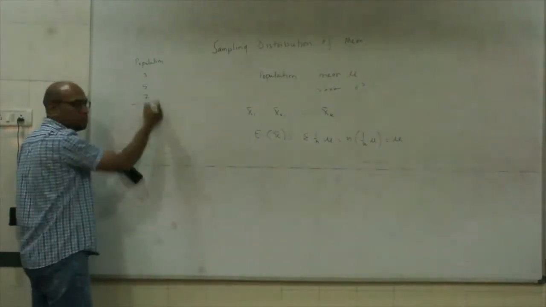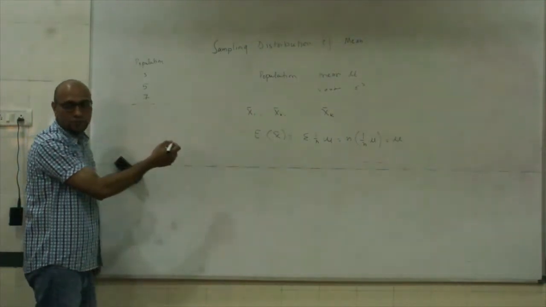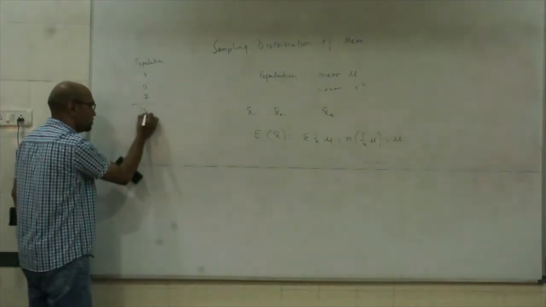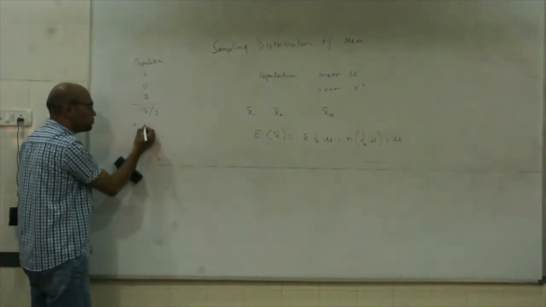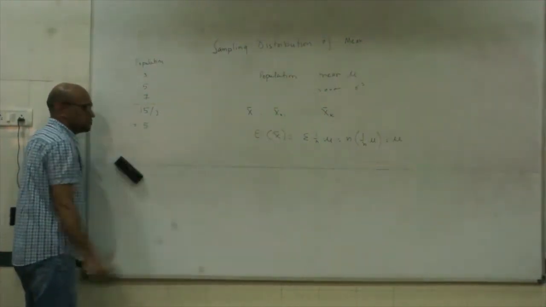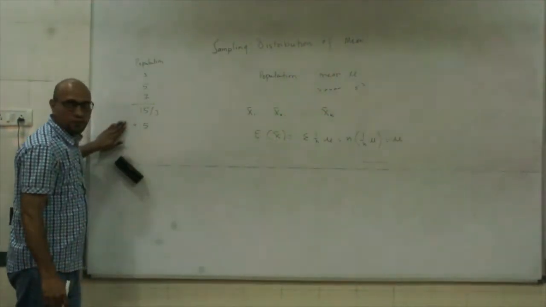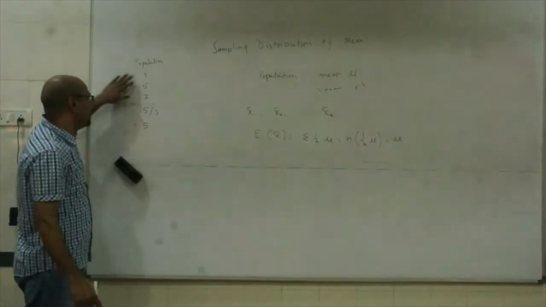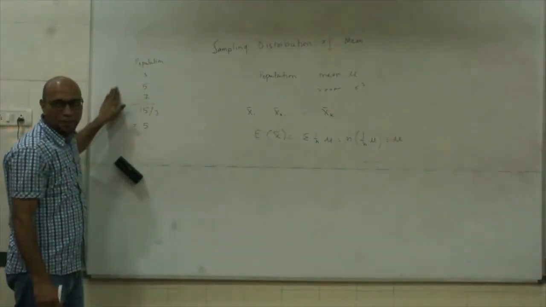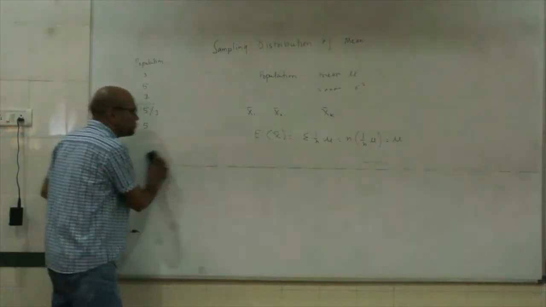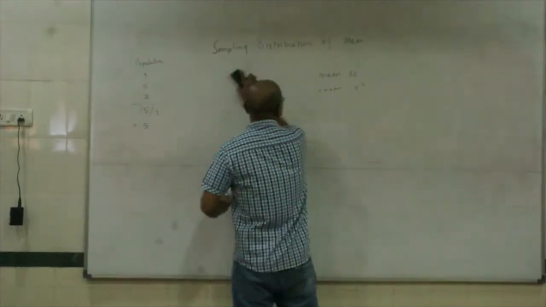Now if I add them up, the total is 15, divided by the 3 data points that I have, which is equal to 5, right? So the population mean is 5. I know in reality I will never have a population of 3 observations. Okay, now let's do some interesting stuff with this and understand what actually happens.